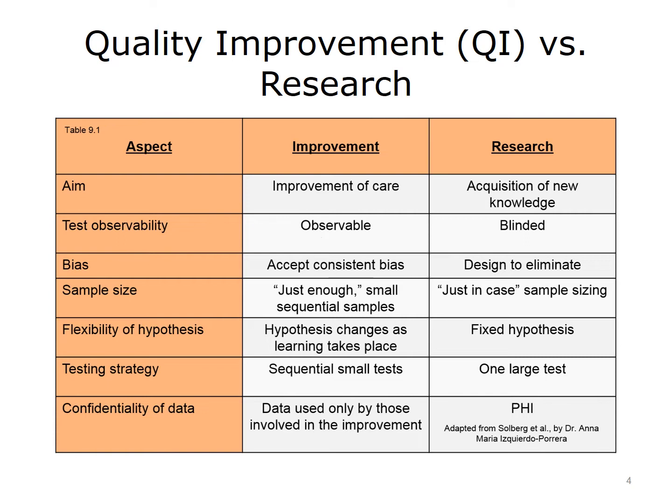When data are collected to improve care, the collection characteristics are different than when it is collected to advance research and expand our knowledge. When the aim of the data collection is to improve care, you use observable data. Accept that there is a consistent bias and collect just enough data to make a decision regarding the outcome of a test in a small and sequential manner. When the aim is to acquire new knowledge, data are better collected blinded, when neither the researcher nor the subject are aware of the test being performed. Attempt to eliminate biases when they exist, and collect a wide variety of data points for a sample size determined